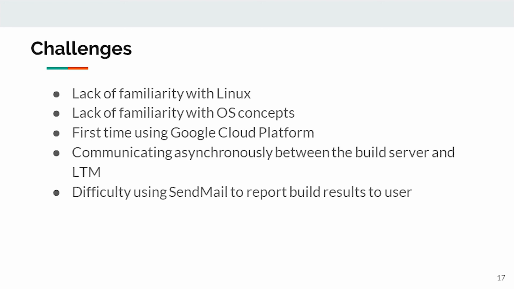One of our most persistent challenges throughout the semester was establishing asynchronous communication between the build server and LTM due to challenges in choosing the best method, figuring out authentication, and properly understanding the existing system we were building off of. As mentioned, we successfully implemented this communication using Flask. Finally, we were unable to use the sendmail service because we couldn't get it to work with our BU email